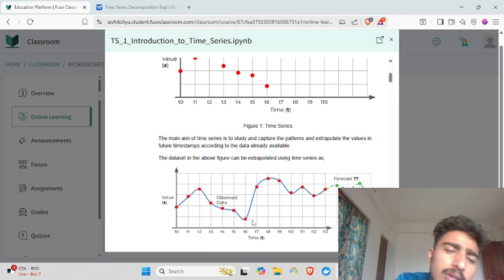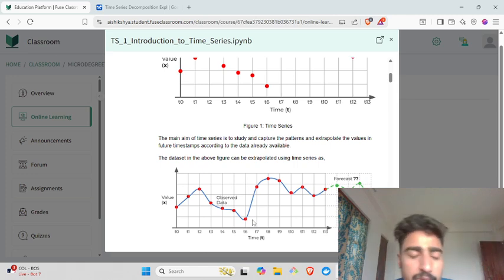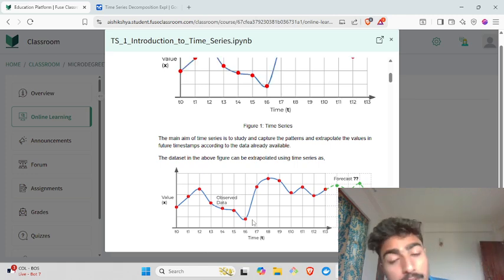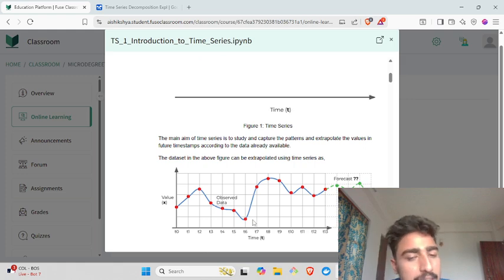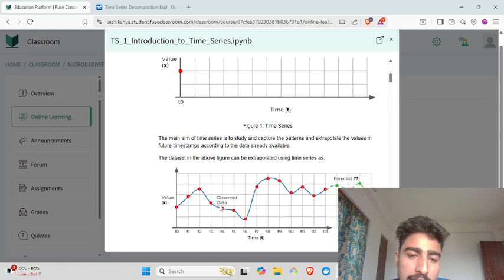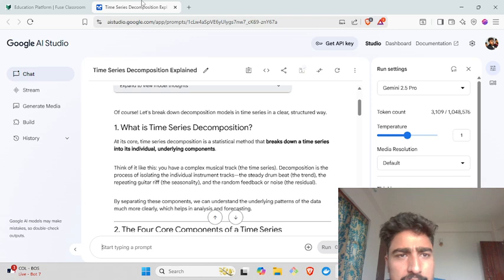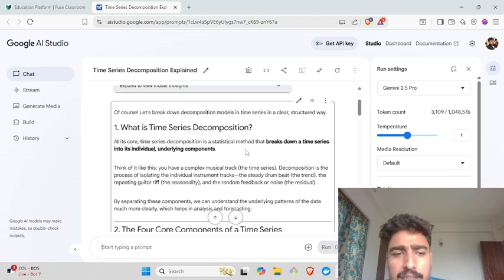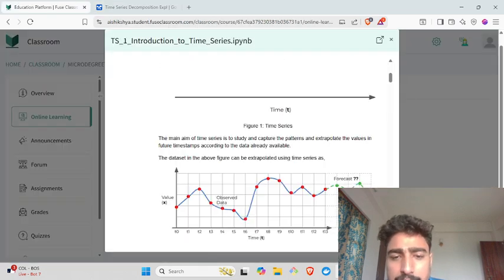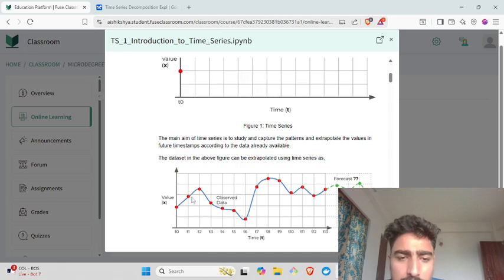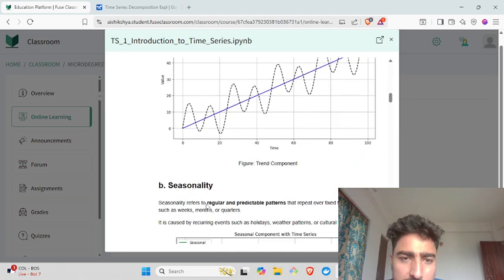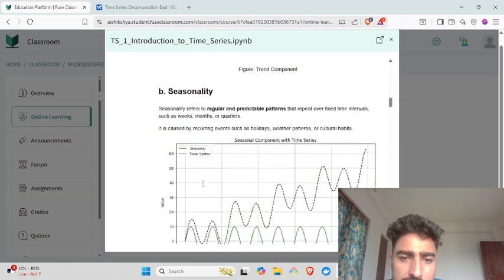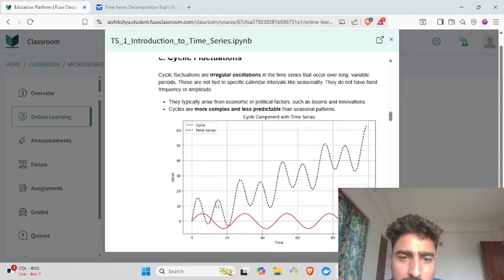This is all a composition of three components: trend, seasonality, and residuals, and that is what we're going to decompose in time series decomposition. It is the breakdown of a time series into its individual components. You have a chart here, and you can see these three are all the same